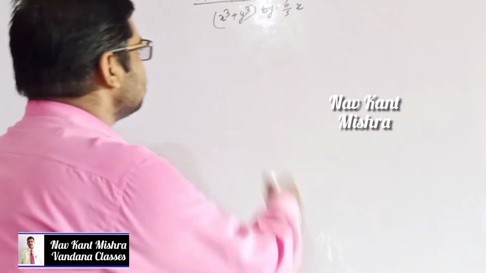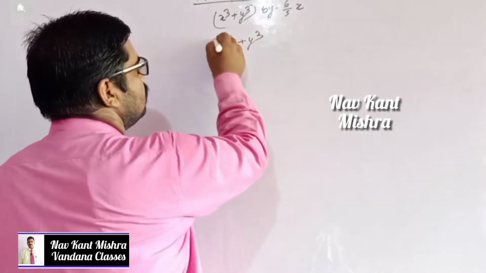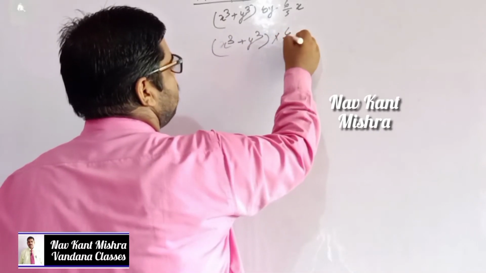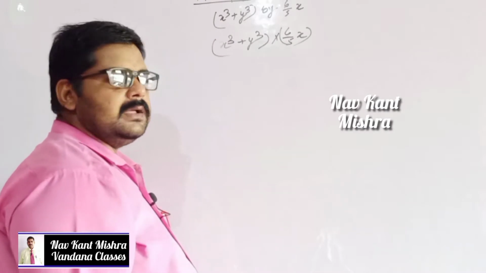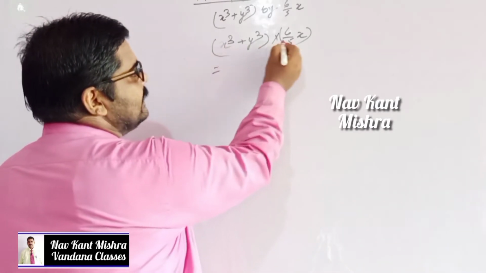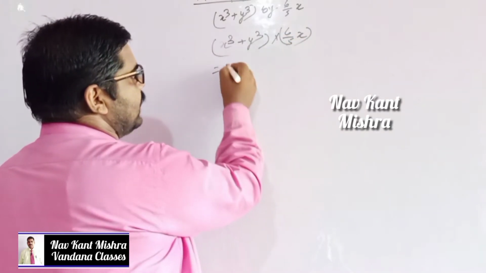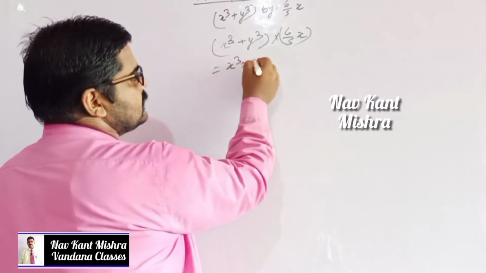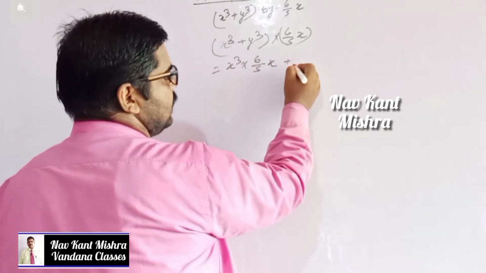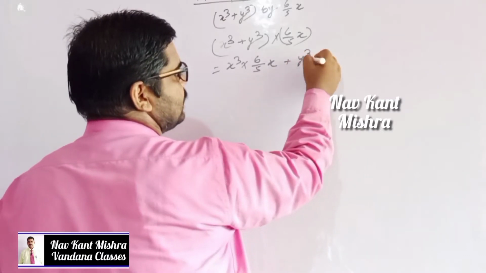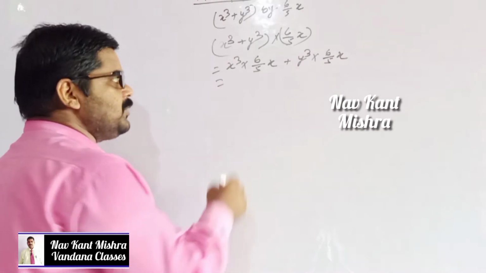My dear student, in this question you have to multiply x cube plus y cube by 6 upon 5x. While you have to multiply the binomial, then you have to multiply each of the terms of the binomial with 6 upon 5x. So x cube is multiplied by 6 upon 5x and there is a plus sign, so you have to put it here, and after that y cube is multiplied by 6 upon 5x, and after multiplication you know